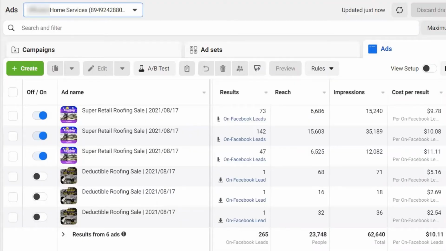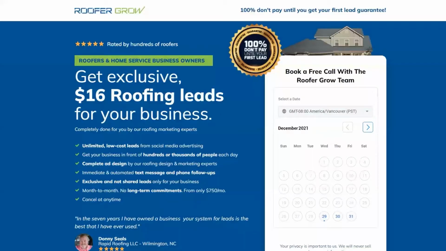All right. So now I want to show you how you can use Facebook ads to generate leads and appointments. With Facebook ads done right for roofing, you can bring in consistent leads and sales. Now, we have a free strategy call where we show you exactly how this works and how it can work for your roofing business. We have helped our clients generate over 7 figures in sales using Facebook ads for roofing